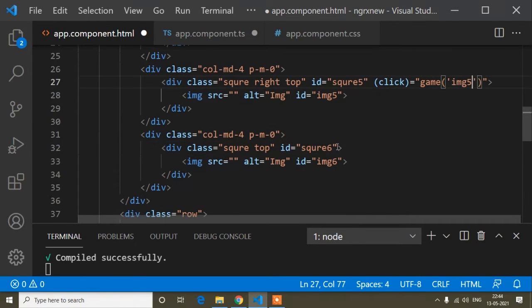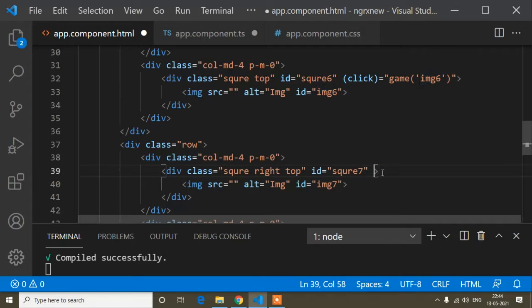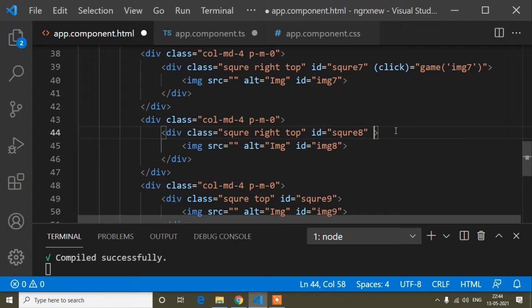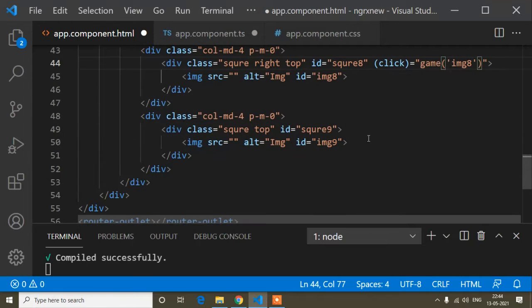In the same way I will paste beside every square tag. Image6 here, and image7. Why am I doing that? When I define this method, you will understand. And this one is ID 9. Now it's done.